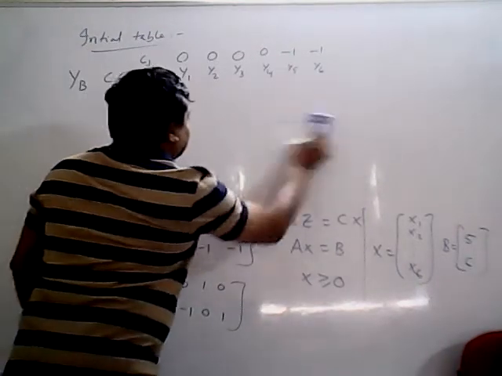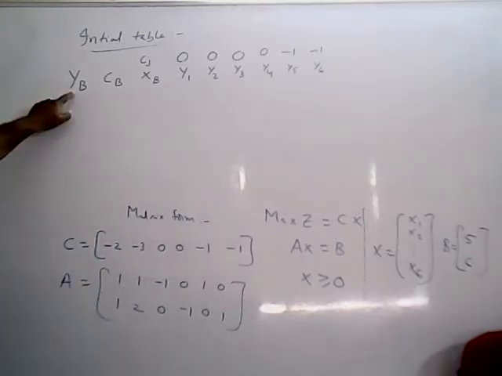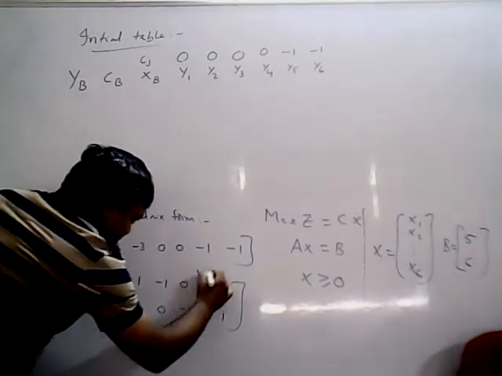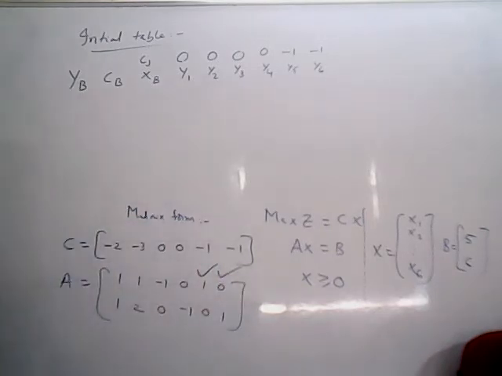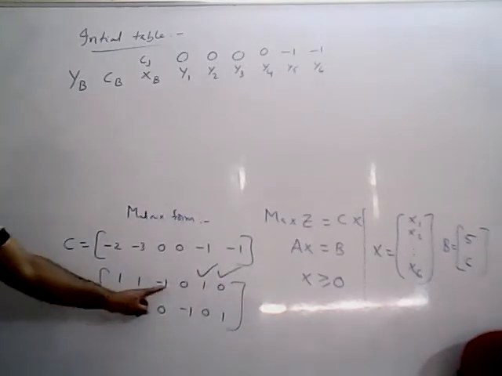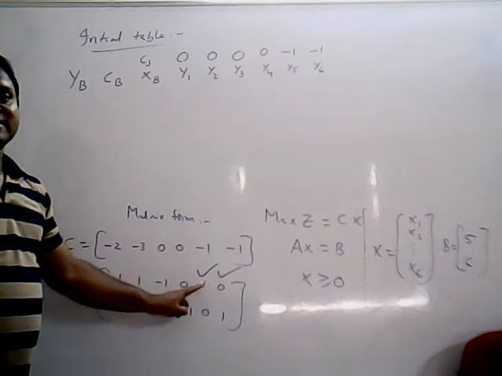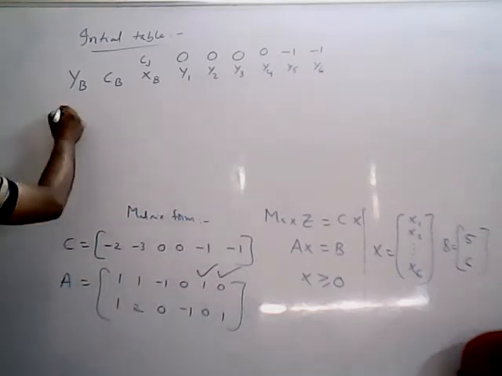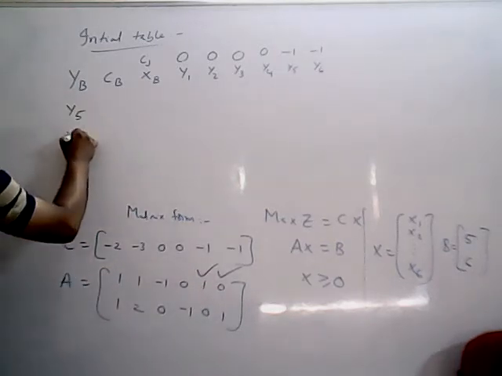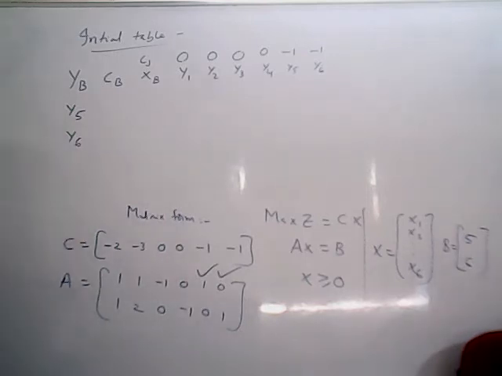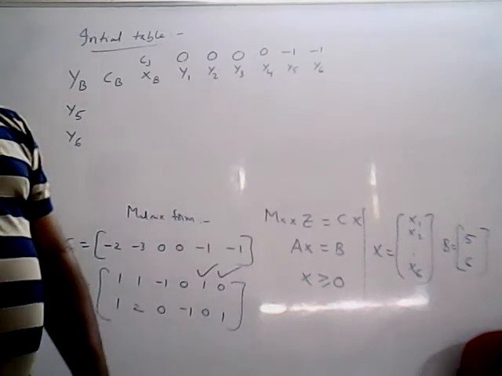What is the remaining procedure? The remaining procedure is, which variables enter into the basis. Where do you get the unit matrix element? So see the unit matrix elements: 1 0, 0 1, 1 0, 0 1. This is x1, x2, x3, x4, x5, x6, and y5, y6. So that means y5, y6. The remaining procedure is as it is, you have done in simplex method and big M method, the same concept.